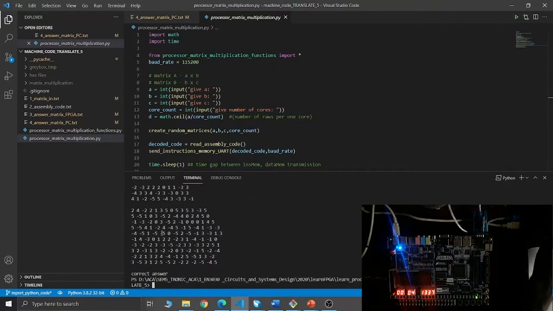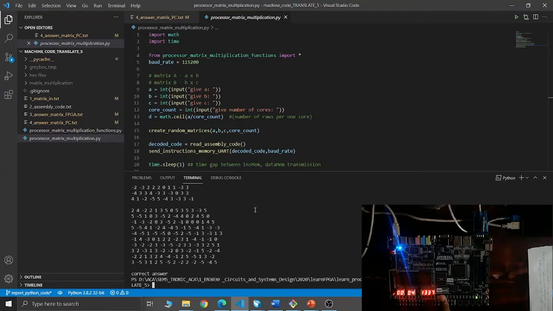We generate one, and you can see it automatically generates two matrices, and the data is sent to the FPGA board through UART, and the calculation happens inside the FPGA board, and this 7 segment display shows the clock count required for the process. Once again through UART the answer matrix is sent to the laptop, and the answer is validated within the Python code.